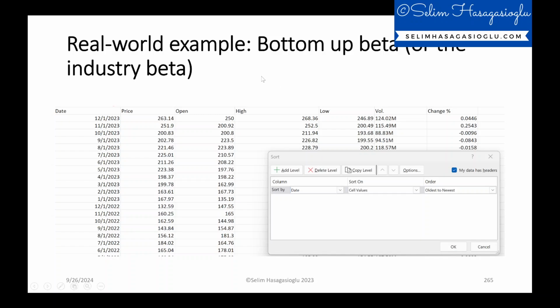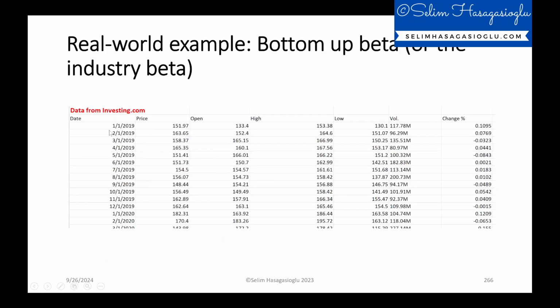So remember, when you download the data from investing.com, it will start from the newest date to the oldest date, but I wanted to start from oldest to newest. So just use the sort function of Excel: sort by column, sort by date, on cell values, and the order will be oldest to newest. When you do this, your data set will start from the oldest date to the newest one, and based on these prices you can calculate the monthly returns